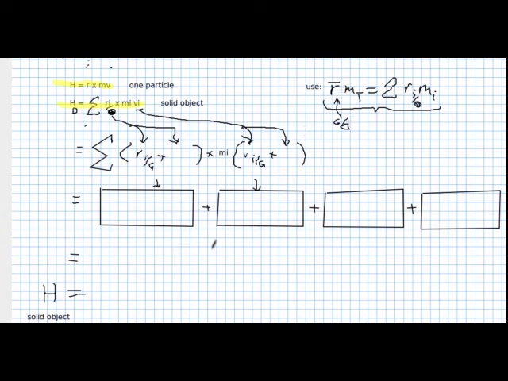So I'd like you to try to simplify those 4 terms and find an expression for angular momentum. Go ahead and do that before you try to watch the next video. It might take you 10 minutes. And go ahead and jump on the